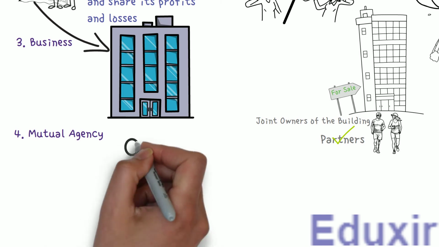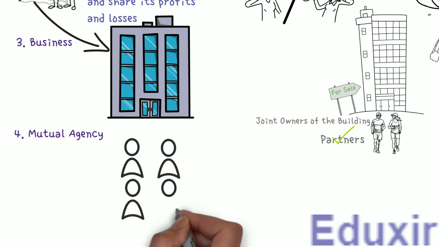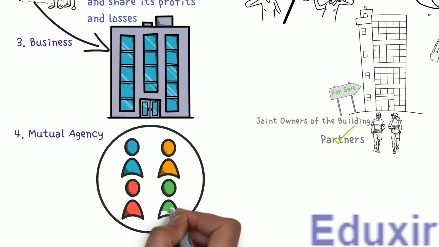See, when there are multiple partners, the affairs of the business can be carried out by all of them. It could also be possible that the affairs of the business can be carried out by only one of them. In such a case, this one partner will be acting on behalf of all the rest of the partners. Now, let us understand more deeply what we mean by one partner acting on behalf of all the rest of the partners. This implies two things.